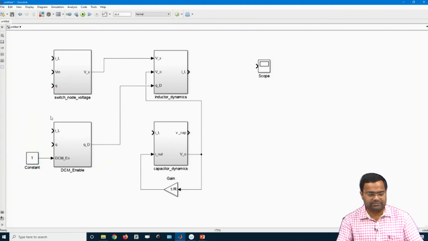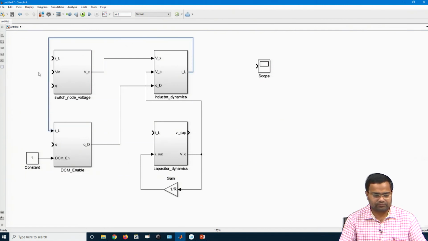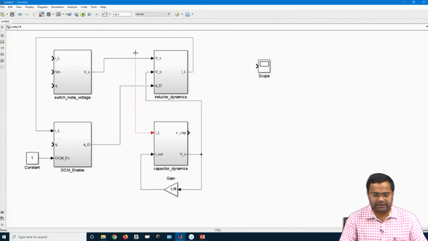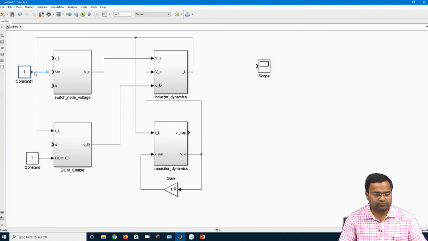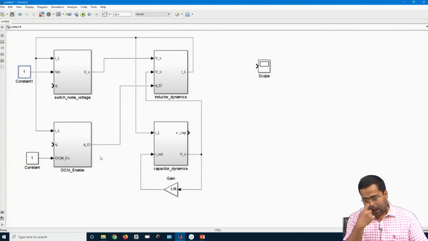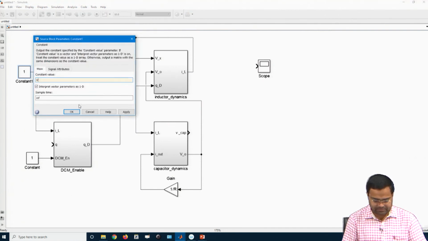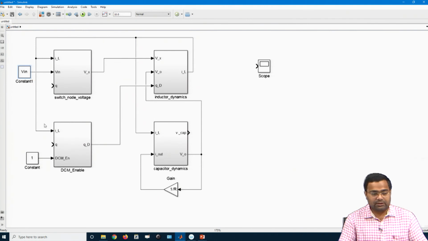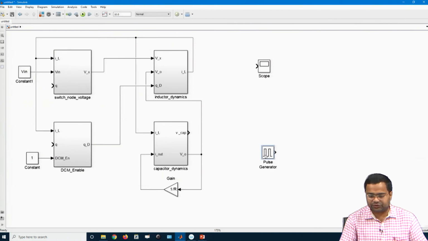I need to use a proper gate signal, so that is my input, and I need to connect it through the inductor output. Then inductor current is also required here. Now I need to consider input voltage. Here also I need the inductor. Then input voltage is my V in. All right. Then I need to consider a source,